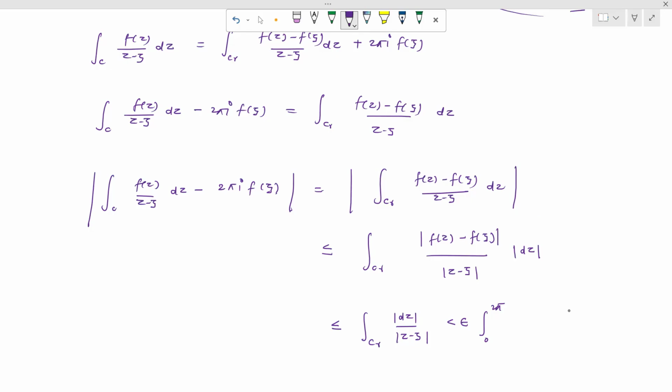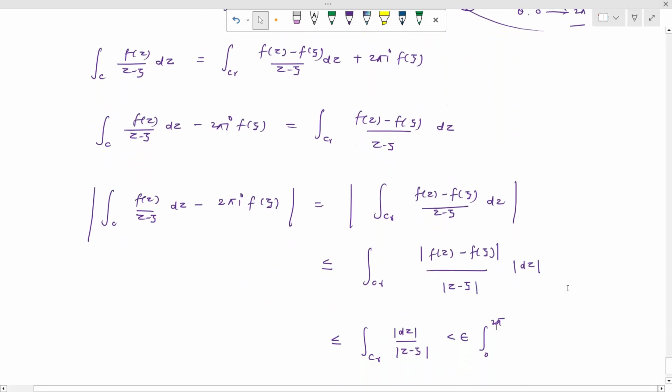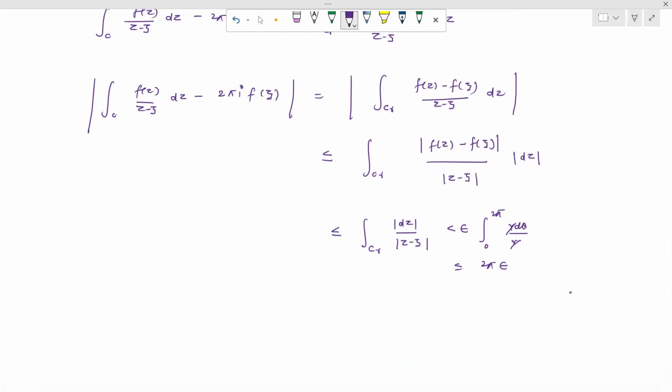When we take the modulus of dz, dz is, as calculated above, iota r e raised to the power iota theta d theta. The modulus of iota e raised to the power iota theta is 1, so what remains is r d theta, and dividing by r, r cancels, so d theta remains. This value is equal to 2 pi epsilon, which tends to zero when epsilon tends to zero. So when epsilon tends to zero, it means that